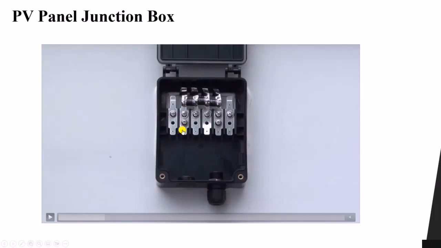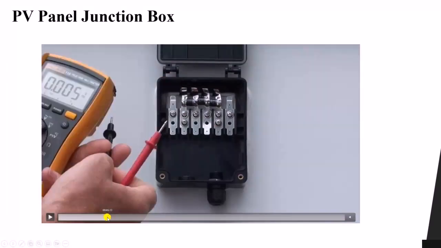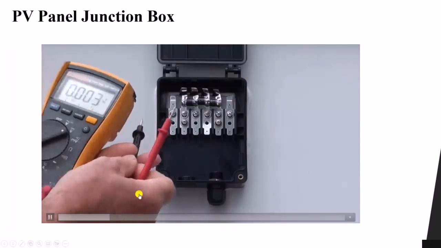So how can I know this? Okay, so this circuit is similar to the one which we discussed before. We had 3 diodes and 3 strings. So in this figure you can see we have the terminals here, but which one is the positive and which one is the negative? So how can I know this? Using the avometer. So you will do something like this. You will take the red one, which represents the positive, and the black one, which represents the negative. So we will start adding this to this point and connecting this on this point like this.